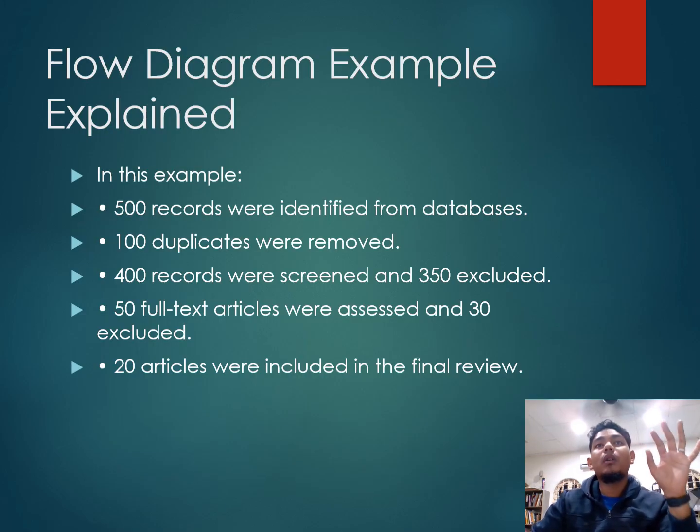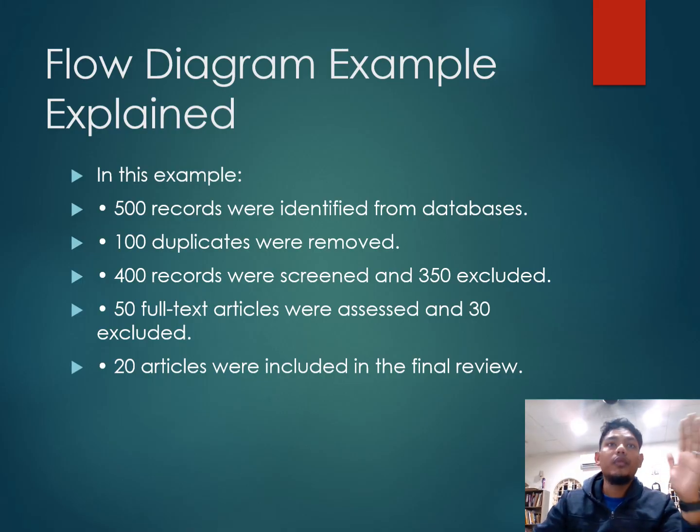So 500 records were identified from databases. Okay, as we said just now, the 100 duplicates were removed. 400 records were screened and 350 excluded. So 50 full-text articles were assessed and only 30 excluded. So at the very last, only 20 articles were included in the final review. So it makes it easier for you to identify which articles are usable and which are not usable for your